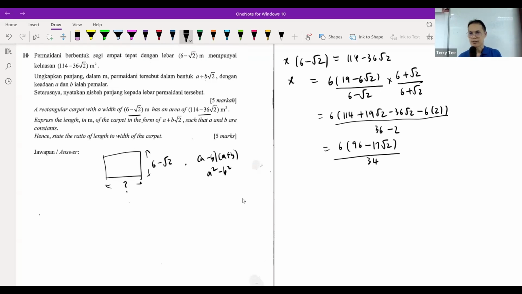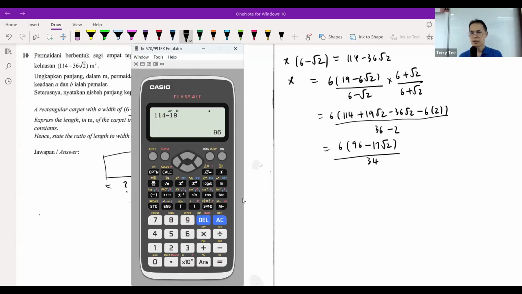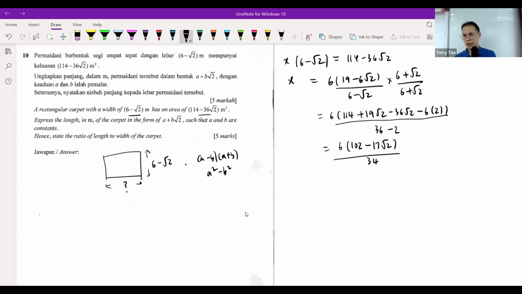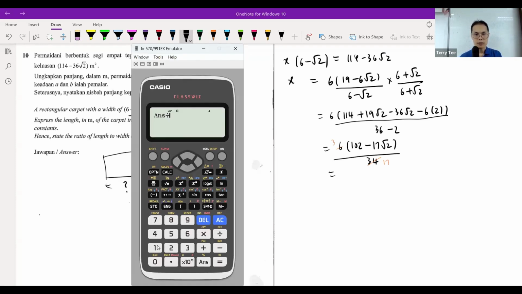Okay, I hope I didn't make any mistake here. Right? Okay, right, 19 minus 36, 17, 114 minus 12, not 18, sorry, 102. This one, 102. Okay, so can we divide them? Yeah, we can. I think 34 you can divide by 2, 17, divide by 2, you get 3. So 102 you can divide by 17, you should get 6. So this is 3,